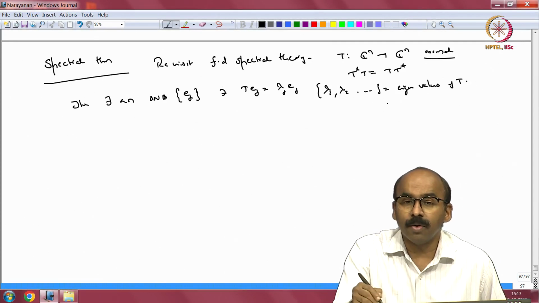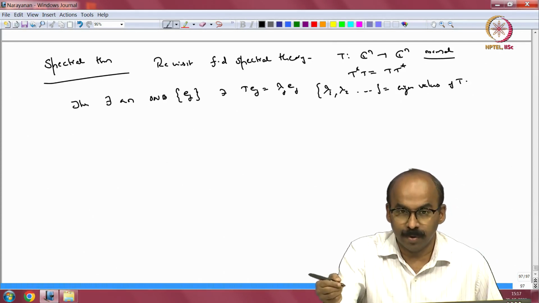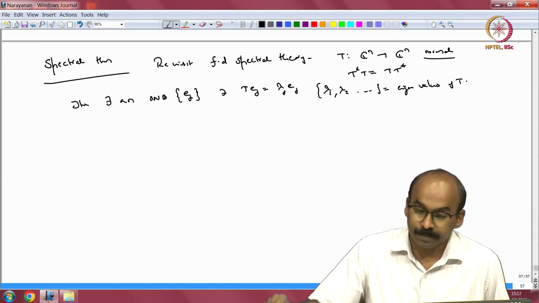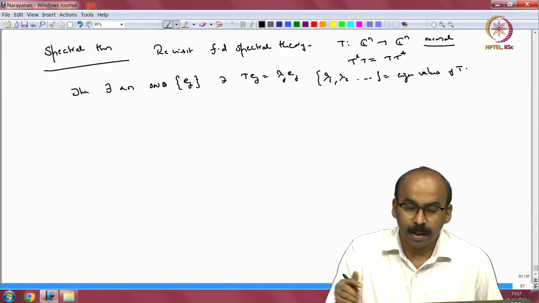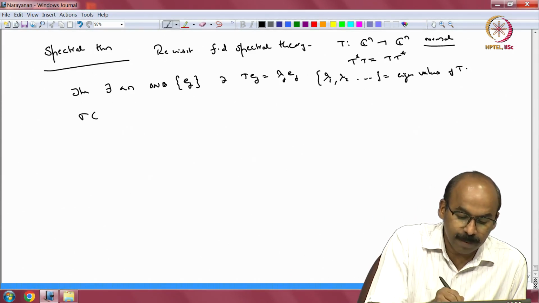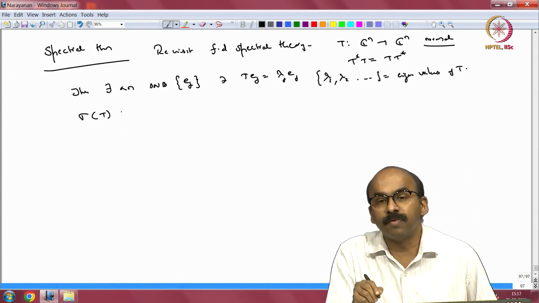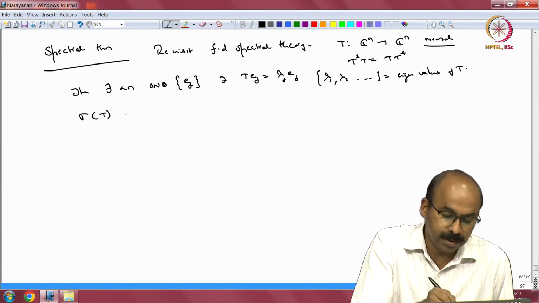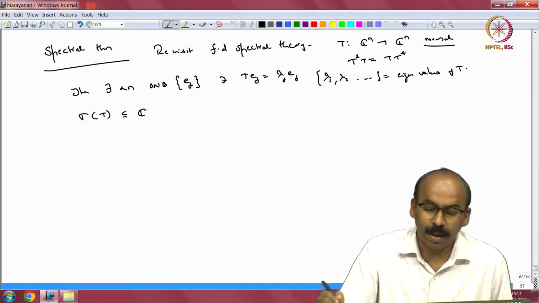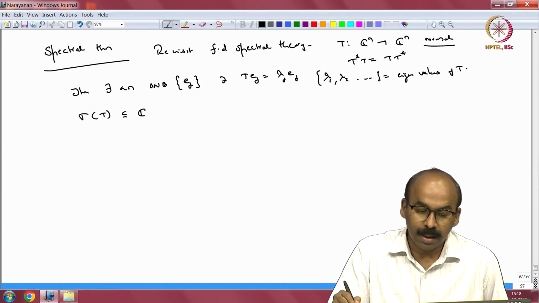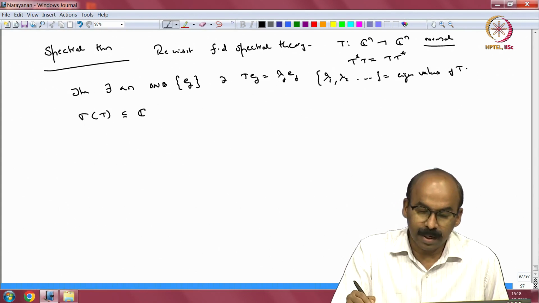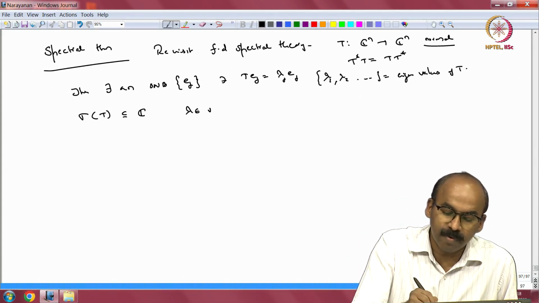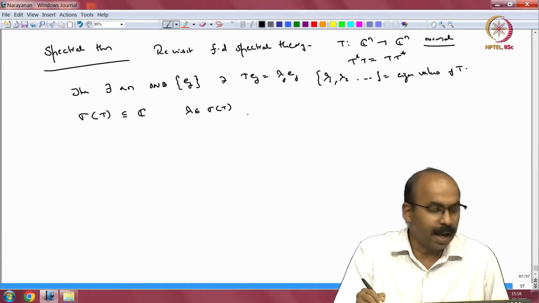This lambda 1, lambda 2 need not be distinct, some of them may repeat. For example, T could be the identity and so all of them would be just 1. Okay. So, let us look at the spectrum of T. So, the spectrum of T is the eigenvalues of T, without repetition. So, this is a set inside the complex plane. And one way to write the spectral theorem would be, if I take some lambda in the spectrum of T, which is an eigenvalue,